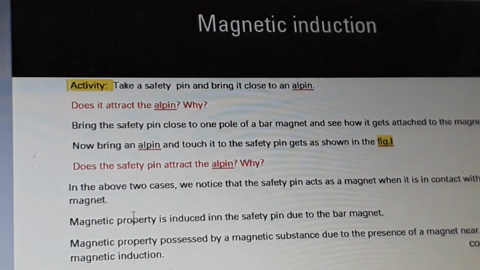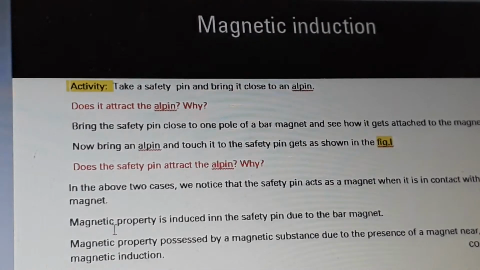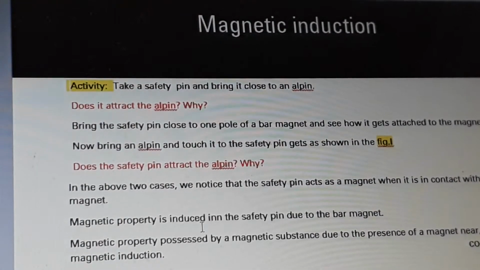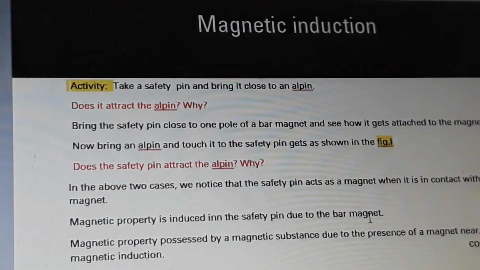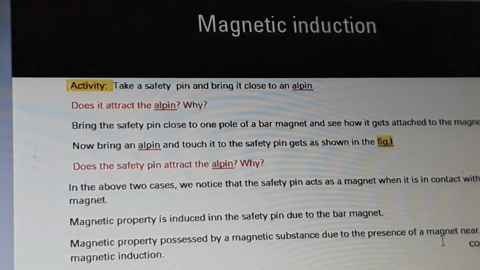What is magnetic property? Magnetic property is induced in the safety pin due to the bar magnet. Magnetic property possessed by a magnetic substance due to the presence of a magnet near it is called magnetic induction.